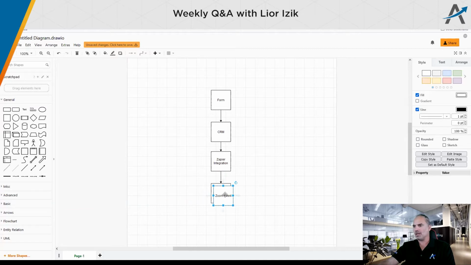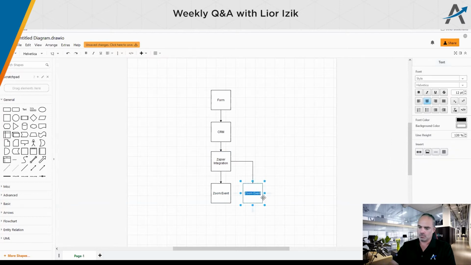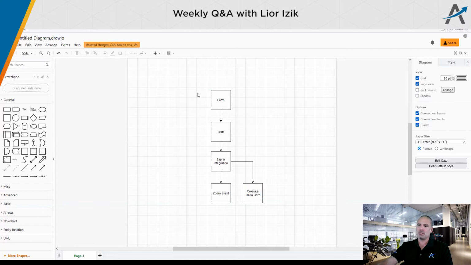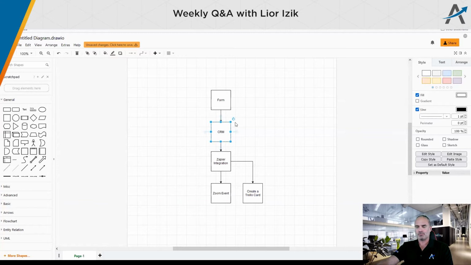And you had one more level, and that was Trello, right? That's right. In Trello, you have a board and you have one more thing, a card. A card, yep. What it's supposed to create, a card. Okay. Good. So this is the process. Do you know how to integrate Zoho Form with Zoho CRM? Yes, I think so. Okay, so that will be integration number one.